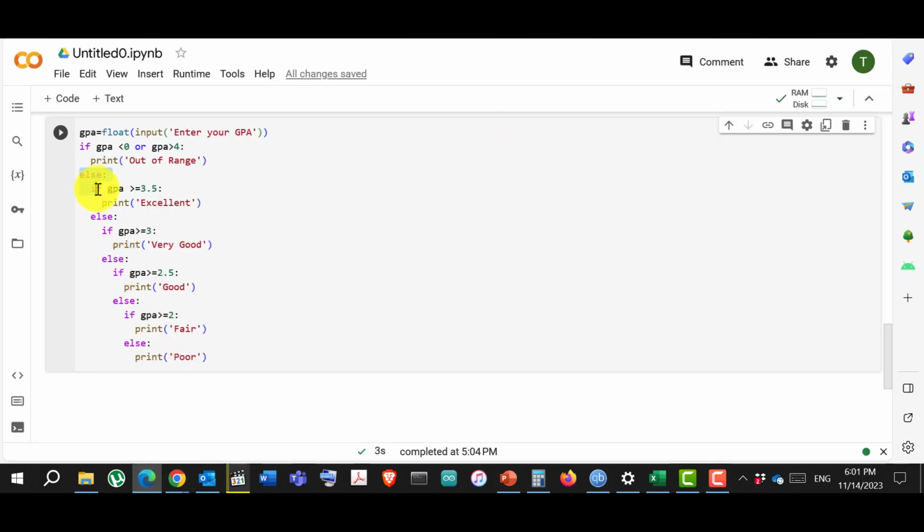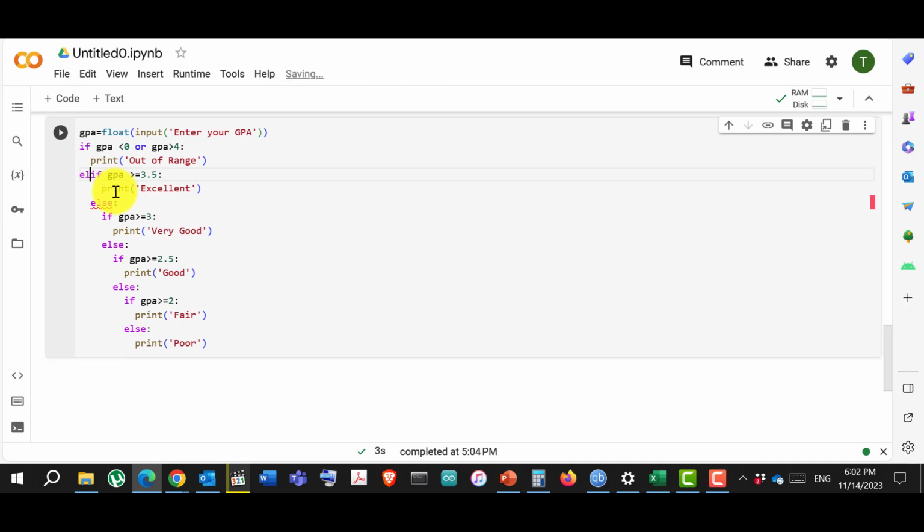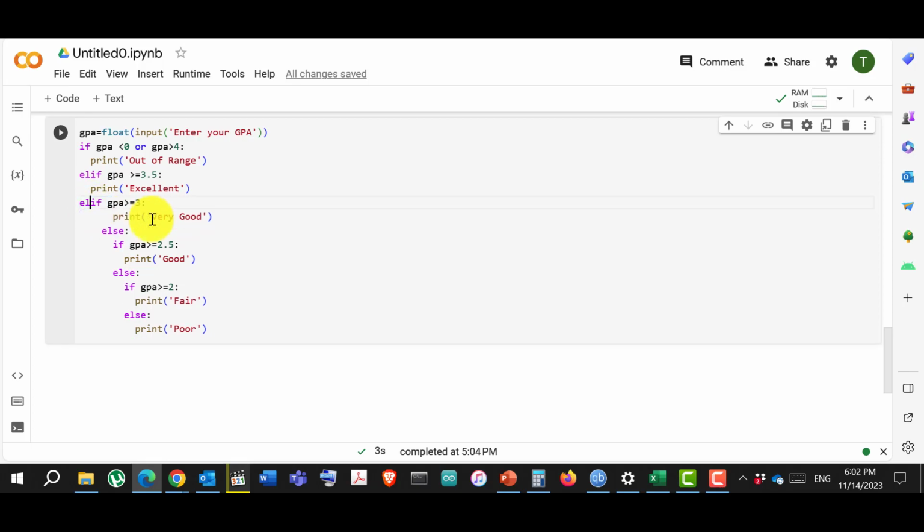So here we have to do indentation here, we have to do indentation here, and so on. So what we can do is we can combine these together into a single keyword that is using elif. So what I can do is I can just remove this part here, join it elif GPA is greater or equal to 3.5, and no need for indentation here, and I can just put this part back. Similarly, I can do the same thing with this one. I can say elif GPA is greater or equal to 3, print very good, but with the simple